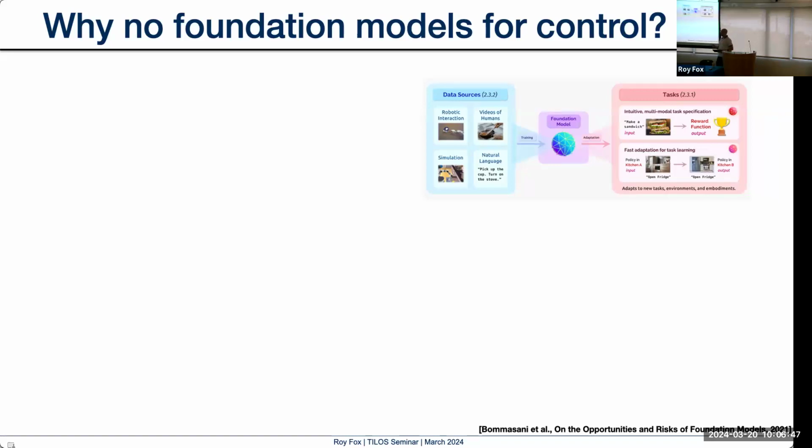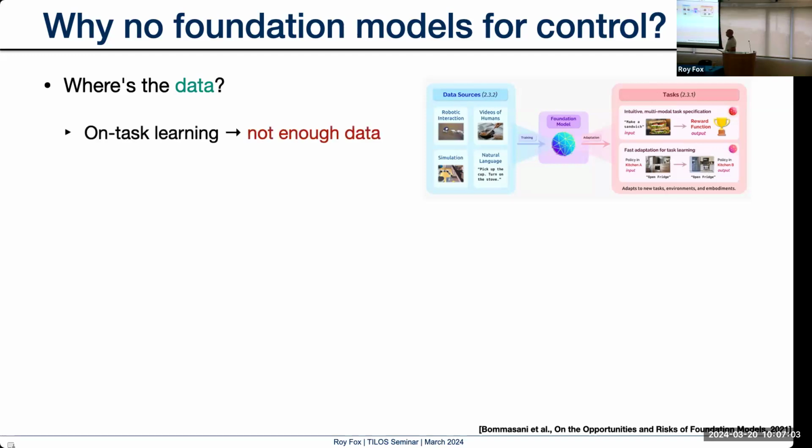I don't have answers. As part of this little introduction, I'm just going to speculate a little bit. The big question is, where's the data? What data are we going to use to train? We need big data. What's our big data in control? It's hard to come by. So maybe we deploy our learners, like deploy the robot to collect more data from its own policy. That can be on task, so it's not from a different task or a different policy. It's on task and on policy, but we just can't collect too much of that. So that's not going to be big data.